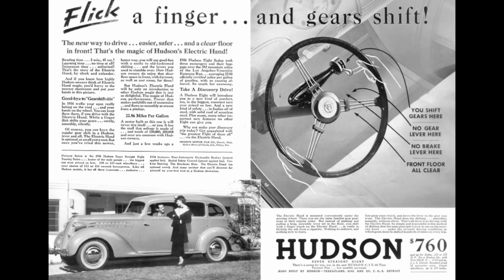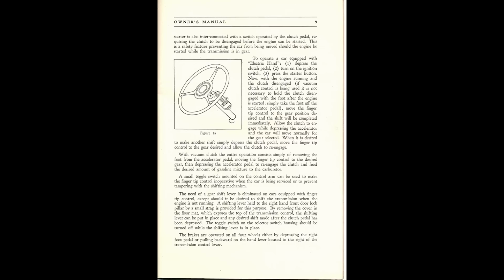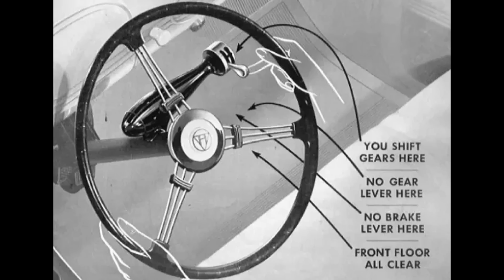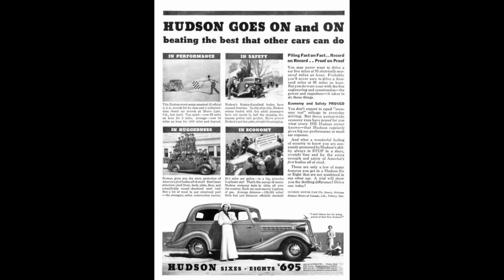It is a separate stock that comes off the right side of the steering wheel column. The control is electrical, while the shifting is accomplished by vacuum power from the engine intake manifold. This was a Bendix system, and essentially it's just another stock that comes off the steering wheel column, but it replaces the stick shift on the floor, and you just shift the gears with your thumb. It's really cool. You still need to depress the clutch to shift the gear, and there are some drawbacks, like